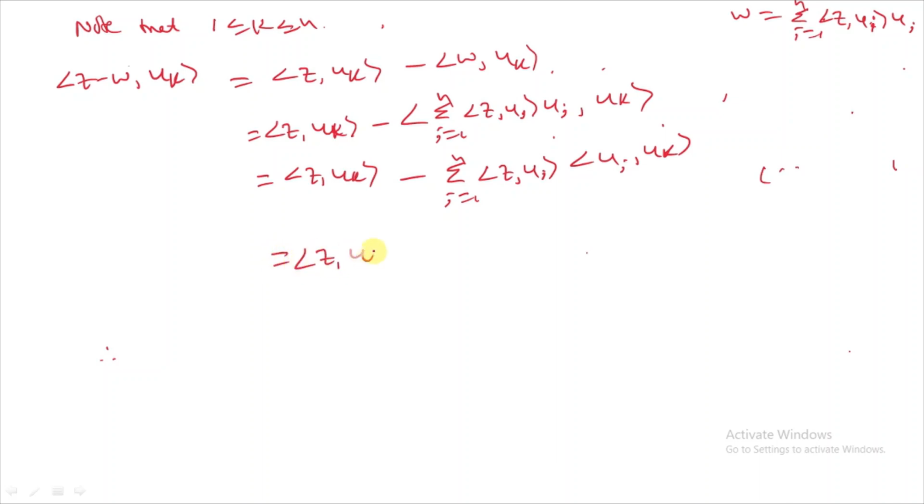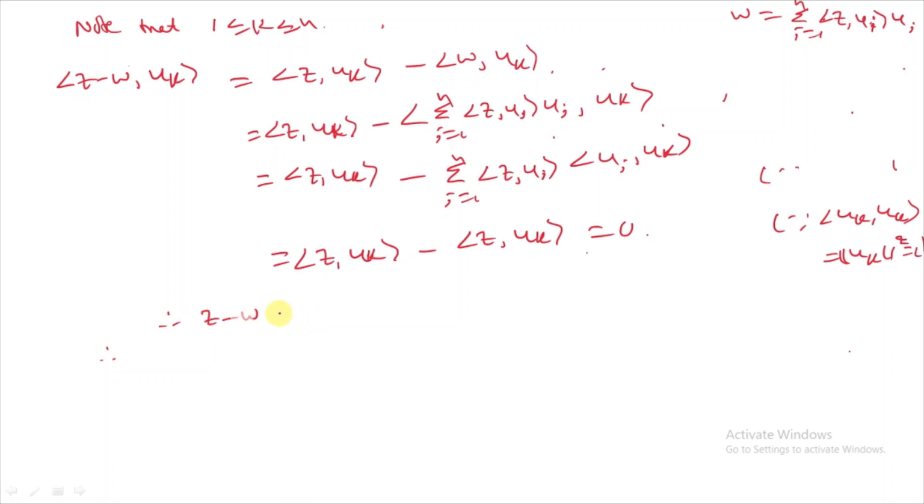⟨Z, UK⟩ minus this, all are zeros. At the kth element it is non-zero. That means this one is ⟨Z, UK⟩ at the kth element, since this is an orthonormal set. Since ⟨UK, UK⟩ is the norm of UK squared, this equals 1. That means this one equals 0. Therefore,